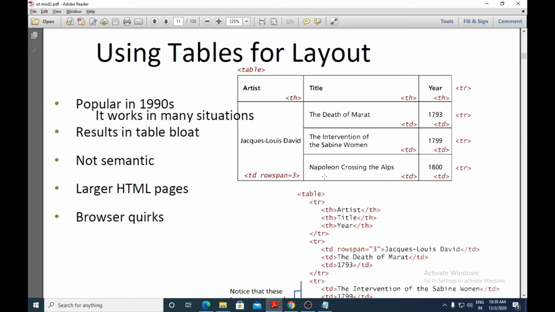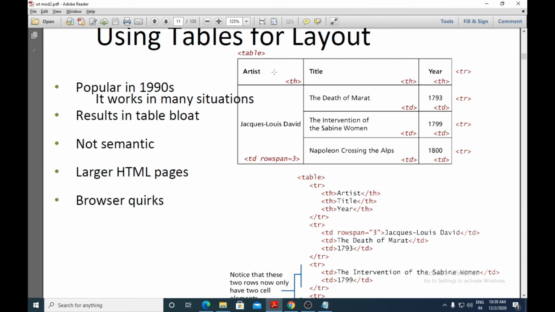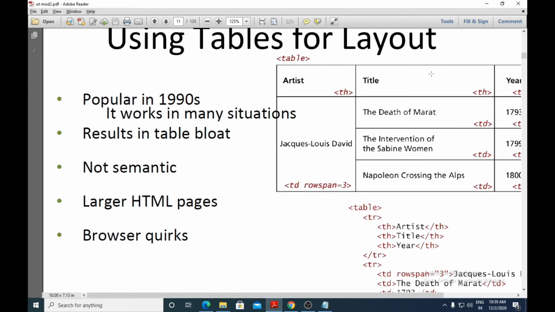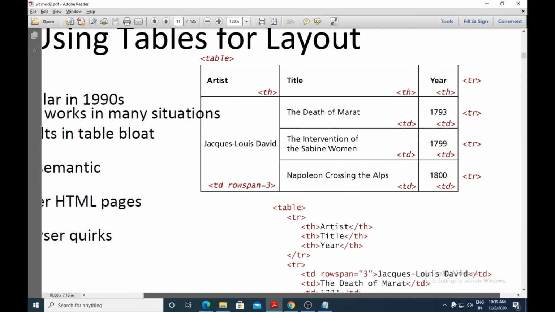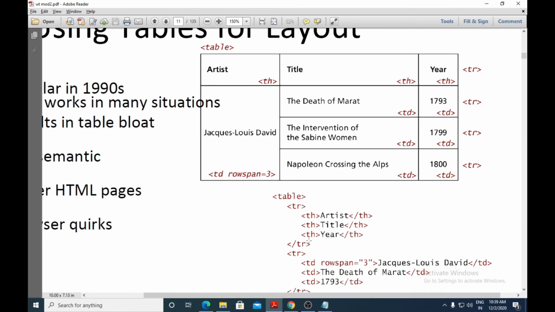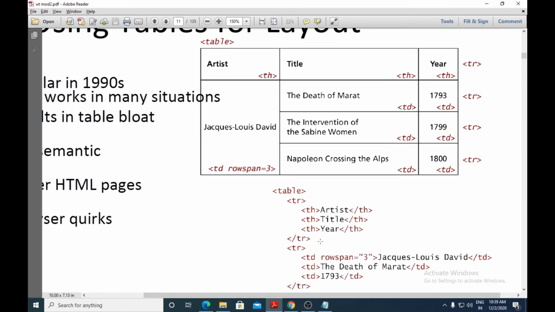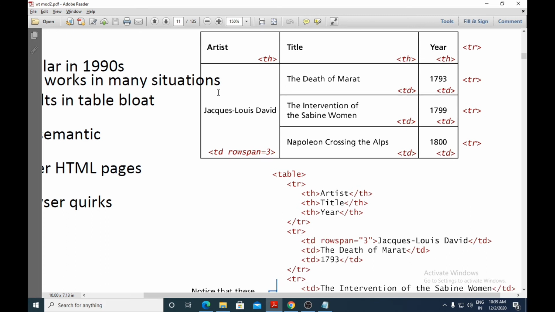Okay, so here you can see they have used three titles, which are the artist, title and year. And this they have created using which element? The th element. Next, in the second row, you can see the first column, Jacques Louis David, is covering three rows.